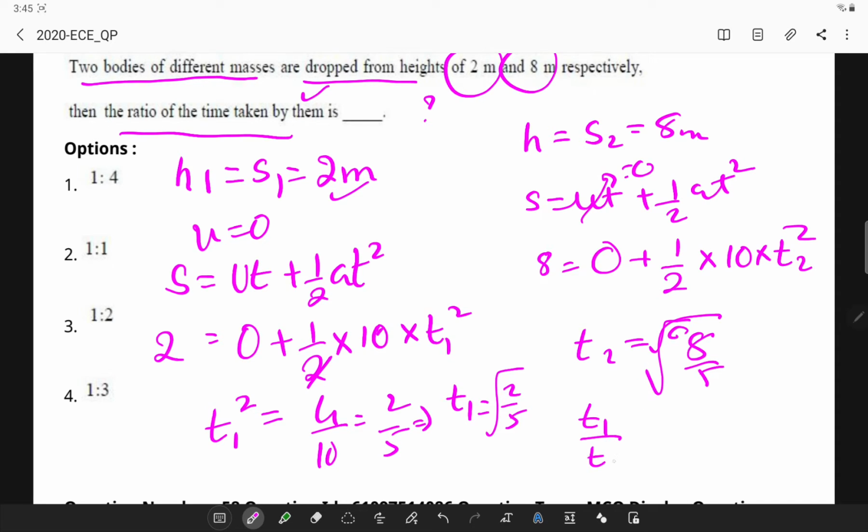So T1 by T2 is nothing but root 2 by root 5 divided by root 8 by root 5, and root 8 can be written as 2 root 2, so it will be simply 1:2. Next,